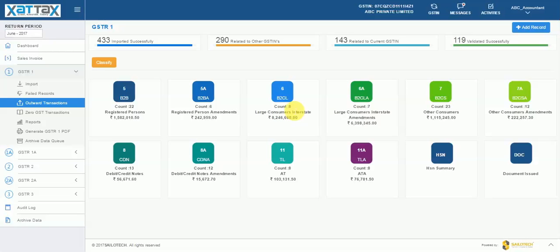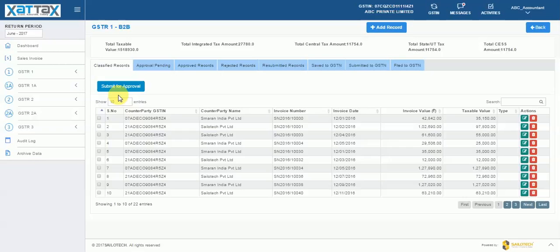Hence, the accountant sends that invoice as a correction in the next month that will be taken care of in the 5A section as amendment. There are certain interstate large consumers who do not have a registered GSTN. Large consumers are those consumers whose total value of their invoice transactions is above 2.5 lakh rupees. And B2Cs and other consumers whose invoice value is less than 2.5 lakhs are treated as small consumers for interstate, and for all interstates there can be CDN, which is credit or debit notes, advance payments and so on. For all these types, there are almost 22 categories in this particular outward transaction return.